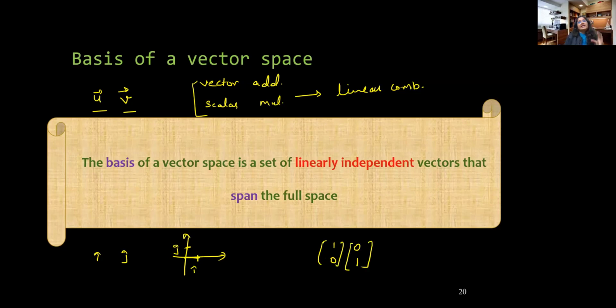But you can choose any other vectors as the basis. If you are choosing different bases, you need to be careful about the coordinates, because when we change the basis, coordinates and the transformation, everything changes accordingly. So we are not talking about change of basis right now, but you need to understand that knowing the basis is very important.